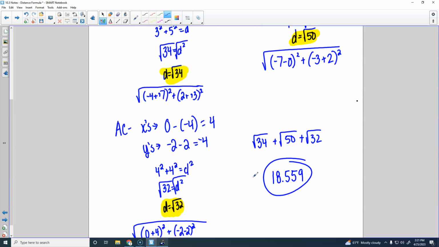All right, it is really up to you whether you want to use the subtract the x's, subtract the y's, do Pythagorean theorem way, or whether you want to use distance formula, where you just plug everything into that formula. Either one is fine. Just know if you're using distance formula, you have to have that memorized. It's not going to be given to you. Okay? All right, so